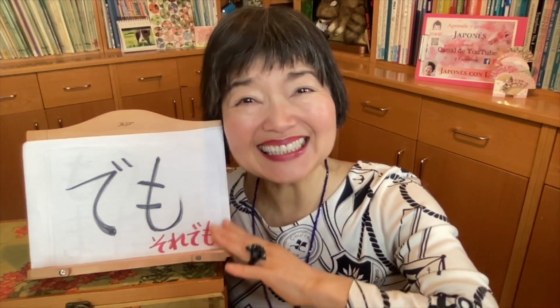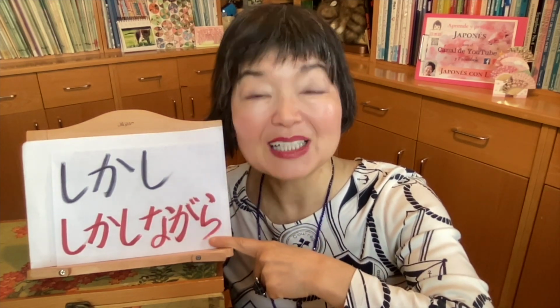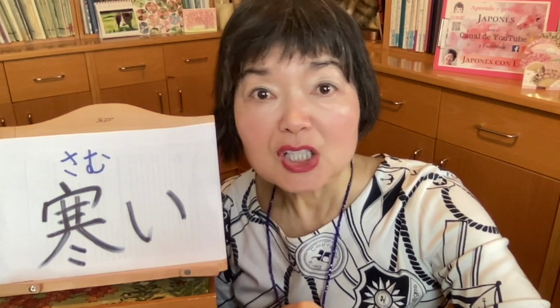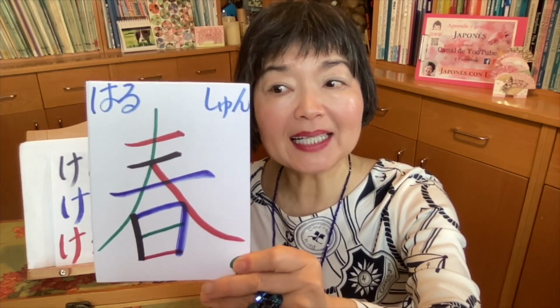This is going to be the two sentences. もう春です。でもまだ寒いです。Now we are going to use しかし or the same しかしながら. This is going to be two sentences. もう春です。しかしまだ寒いです。The next one is kedo, けれど、けれども. But here we cannot make any sentence because 春, this is spring, this is the